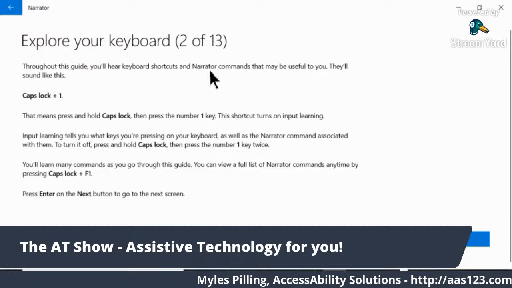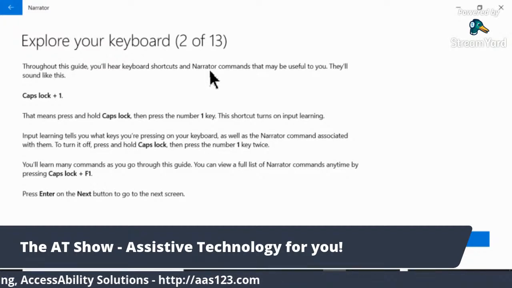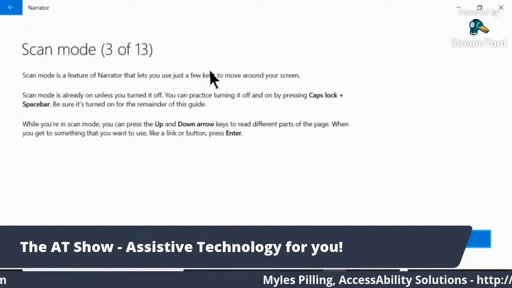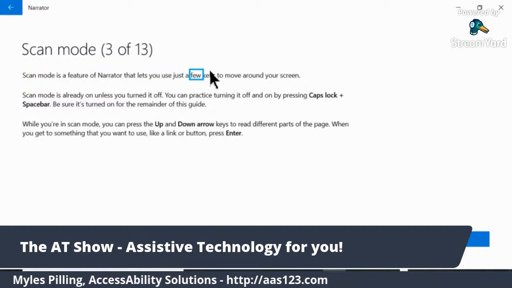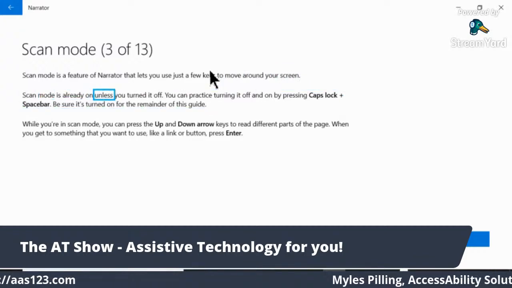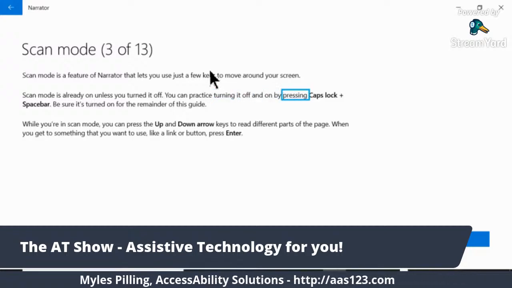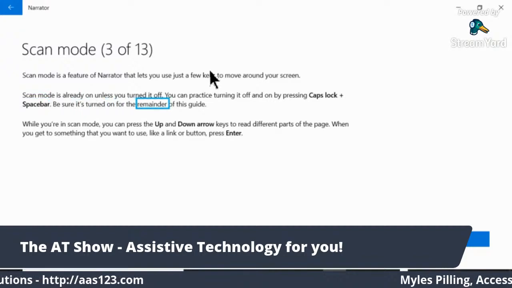Navigation back button. Using the down arrow key, I can move through the wizard and enable being able to move along the dialogue. Scan mode is a feature of Narrator that lets you use just a few keys to move around your screen. Scan mode is already on unless you turned it off. You can practice turning it off and on by pressing caps lock and spacebar. Be sure it's turned on for the remainder of main